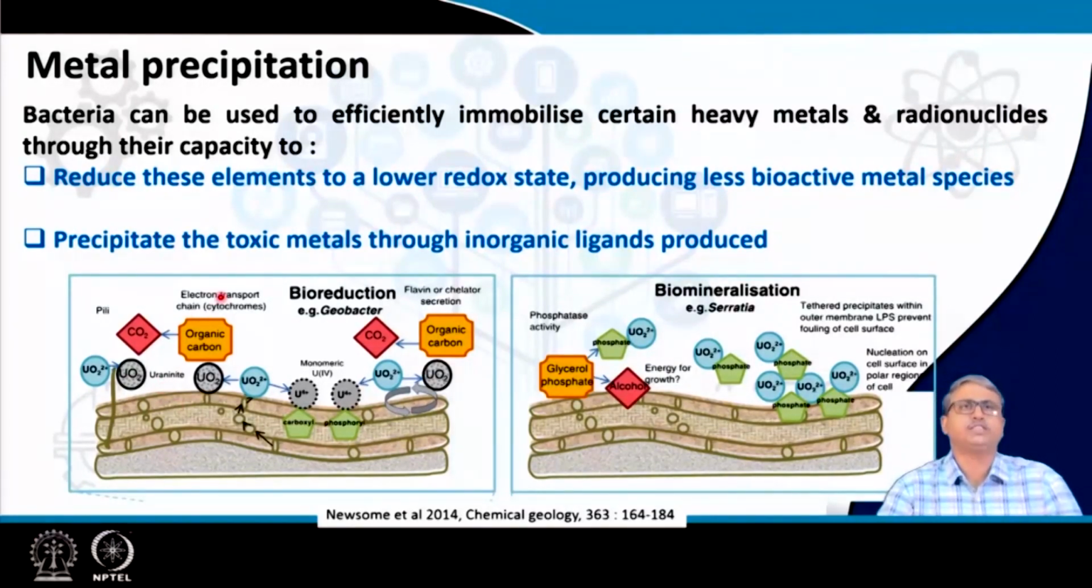Now, the other part that I mentioned is the precipitation of the metals through inorganic ligands, which is a part of biomineralization as well. So, here you can see that uranium, for example, can be biomineralized by producing phosphates. Now, these phosphate moieties can be produced by providing glycerol phosphate. This is the organic phosphate donor. This organic phosphate molecule can be metabolized, can be broken down, so that the phosphate groups are released by bacterial phosphatase. So, specific bacterial strains have been isolated and characterized which produce this phosphatase enzyme,